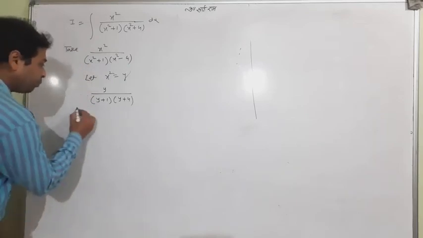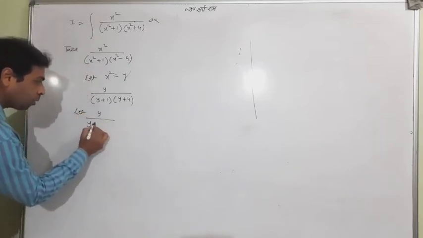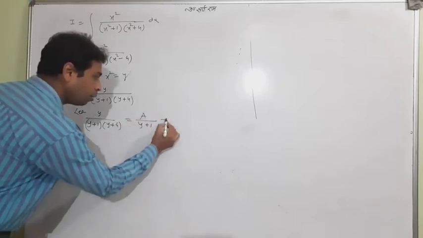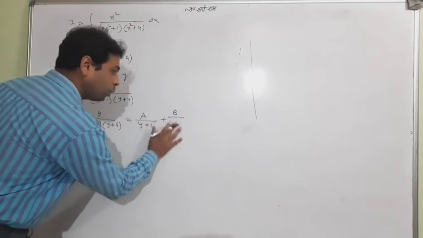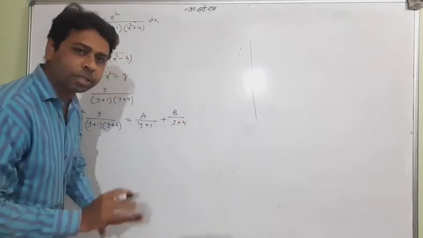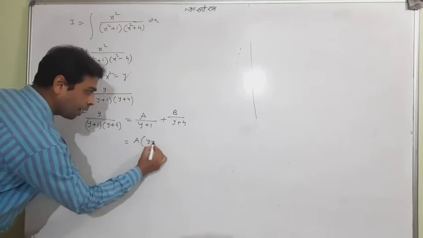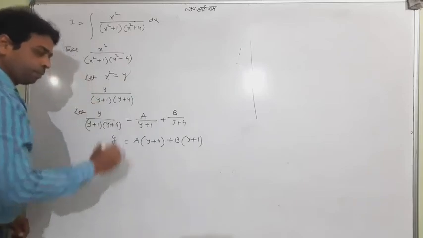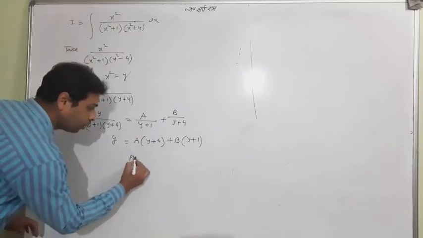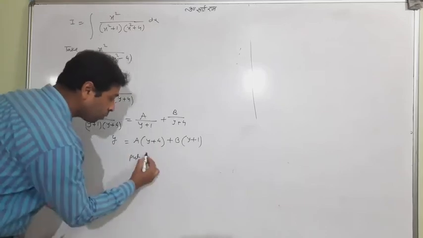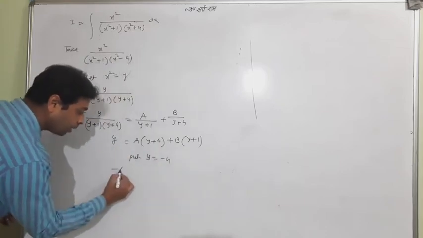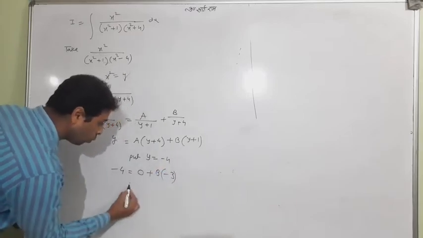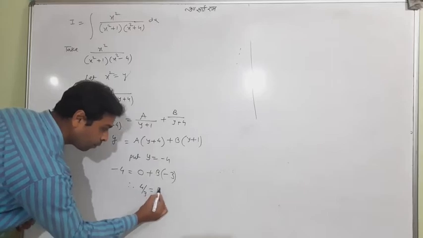Now what will you do? Do the same: a upon the first factor, b upon the second factor, and don't worry that the question has changed into y. Do the same, a with y plus 4 and b with y plus 1, and it is y. What do we do now? Put as usual. How can we make it 0? Put y equal to minus 4. So it is a times 0, and this is minus 4 plus 1, minus 3. So the whole answer is a equal to 4 by 3. You got a. Now to get b,